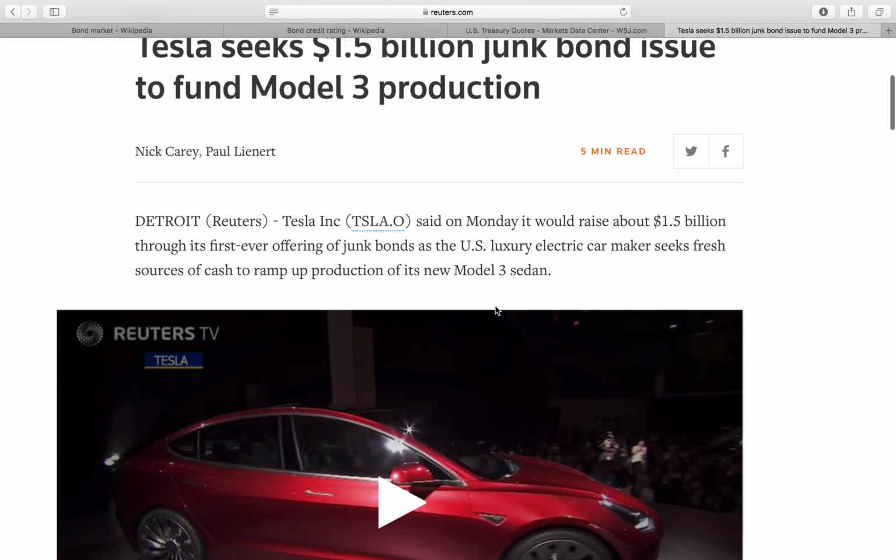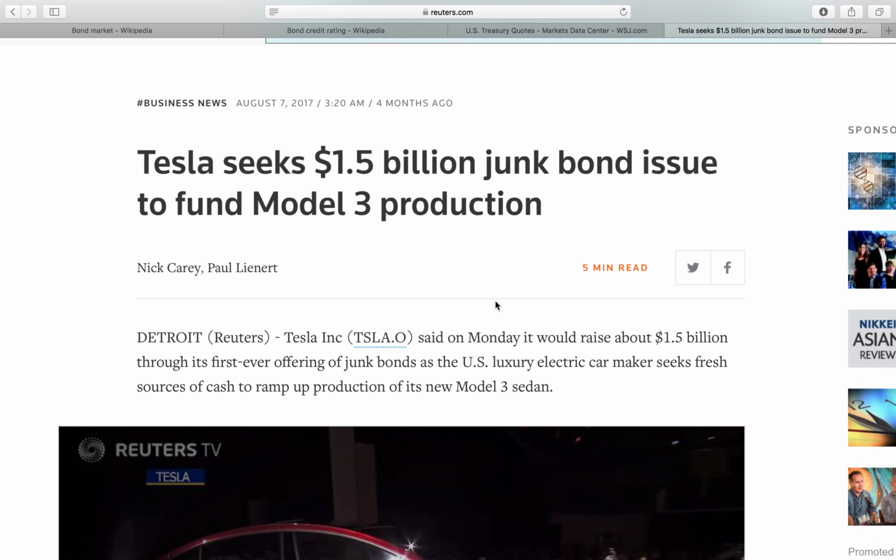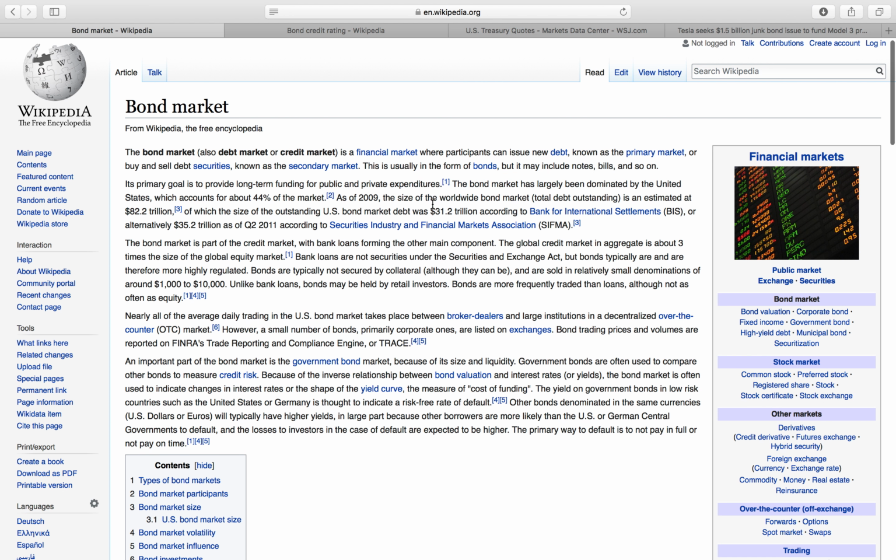I wanted to mention that there are different types of bonds as well. There's zero coupon bonds, and basically what that is is what the name says. They give you zero coupon, but what they do is they'll sell them at a discount, and then when the face value comes on maturity, that's how you make your money, right? Because they're selling them at a discount.